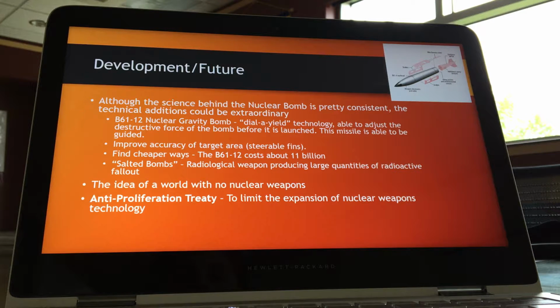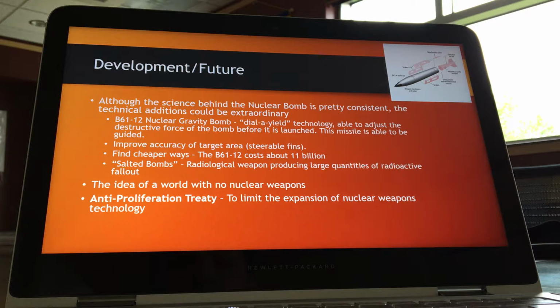So for development in the future, the science behind the nuclear bomb and nuclear weaponry is pretty consistent. You have certain elements that perform better than others, and physicists and scientists have tested other elements, and these ones are the ones that work the best. So the science behind it will pretty much stay the same, but there are a lot of technical additions that could be used,